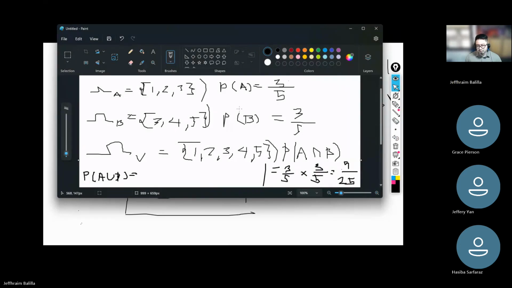would just be equal to the sum. So 3 over 5 plus 3 over 5 has a common denominator, so that would be 6 out of 5, minus 9 over 25. And you know the drill here. You just have to find the lowest common denominator, and in this case, the lowest common denominator is 25. So we need to multiply both the numerator and the denominator by 5. So this is just basic mathematics. We'll just get 30 over 25, right? So that we can subtract 9 out of 25, and we'll be left with, let me just delete this part